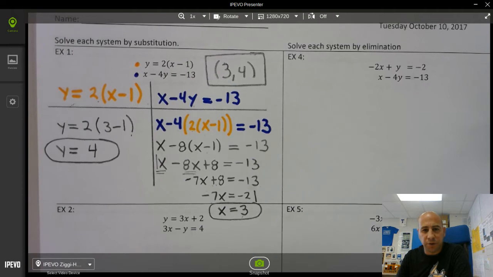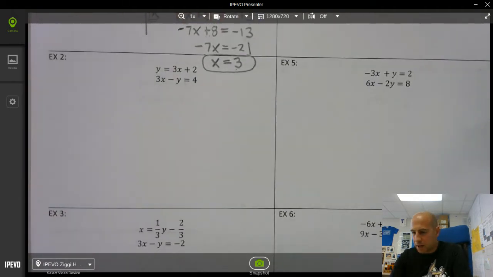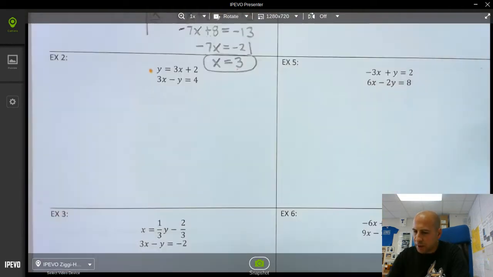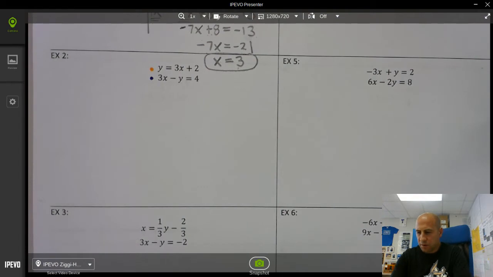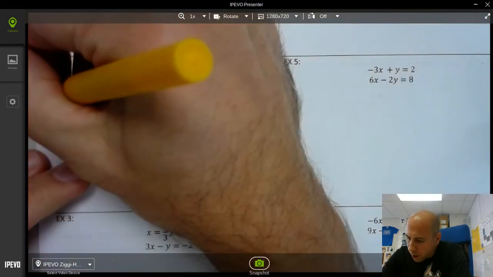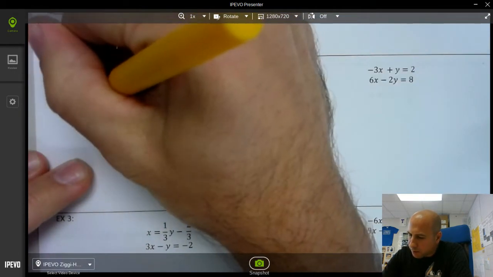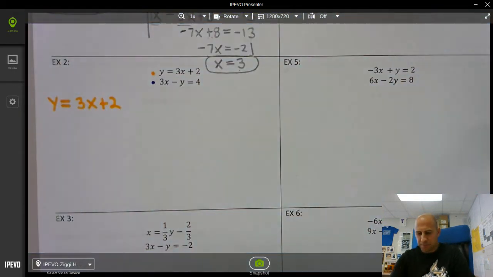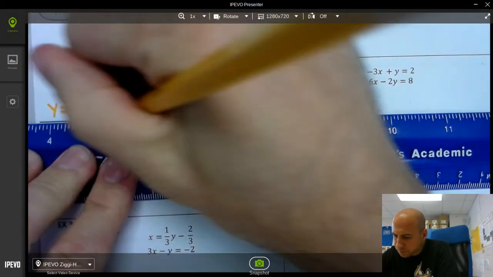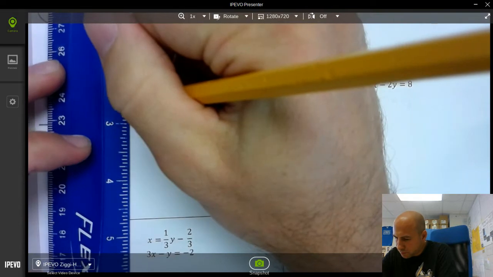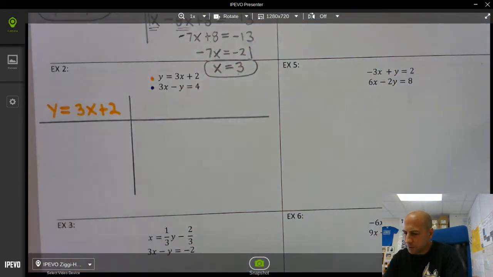All right, so continuing with substitution, let's look at example 2. And again, I'm going to color code these equations. First one yellow, second one blue. So you have y equals 3x plus 2